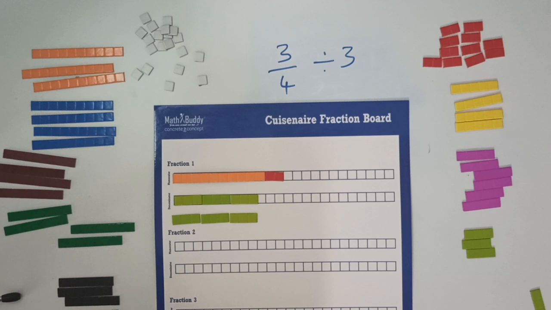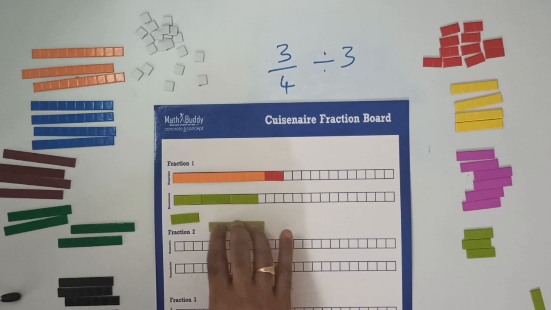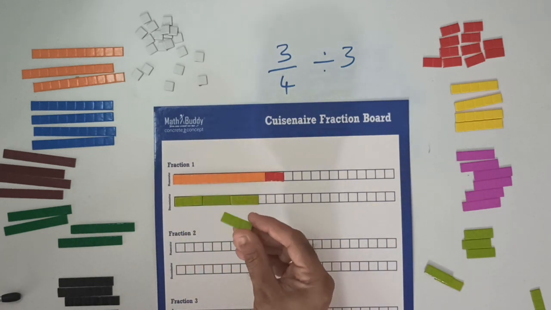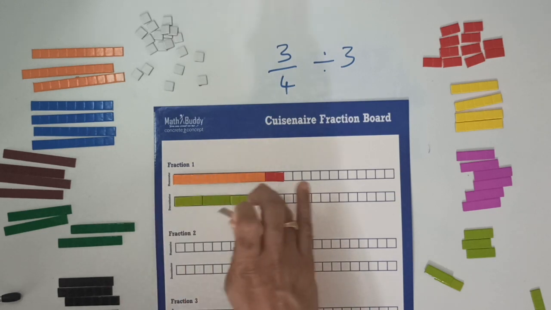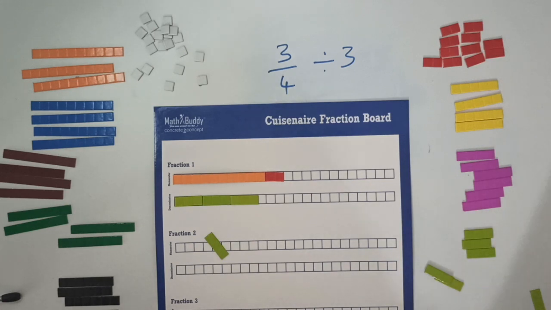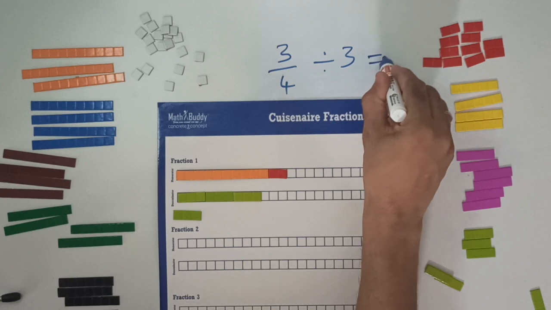Whenever we talk about division, let's say that we have a division statement as I have 6 chocolates and I shared it equally among 3 people. We always look at what did each person get, right? Similarly, when we divide this into 3 equal parts, what did each person get? Each person got 3, right? And that 3 is out of what? 3 is out of the whole that you had, which is 12. So that's why we say that 3/4 divided by 3 gives you 3 by 12.